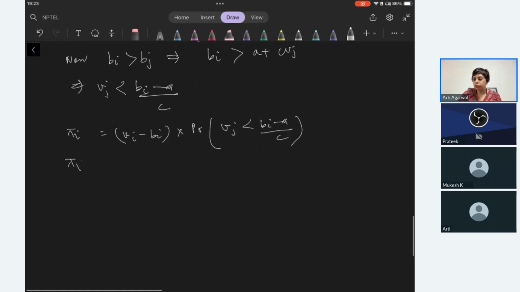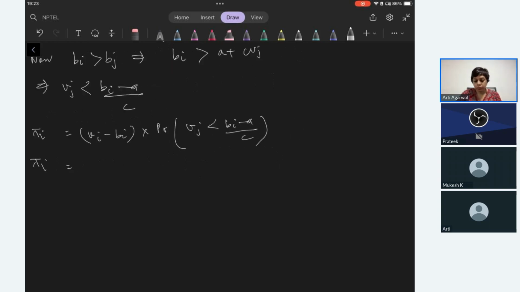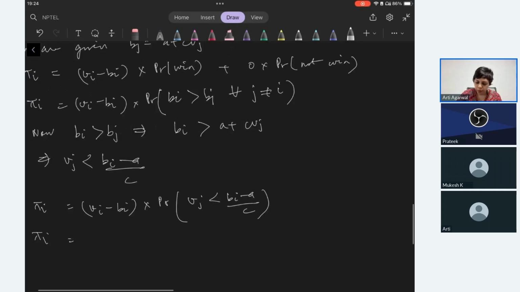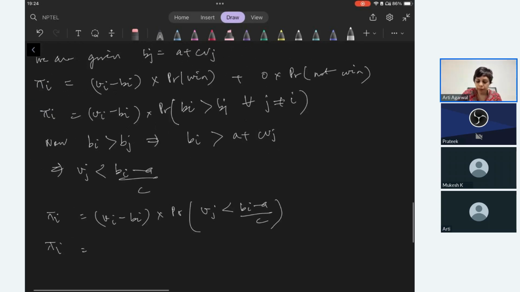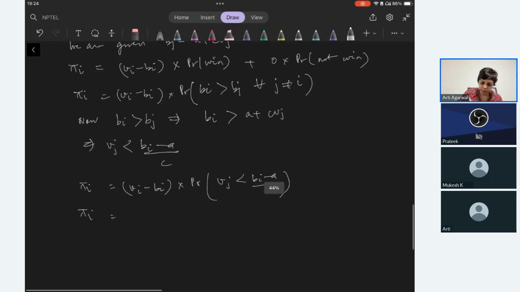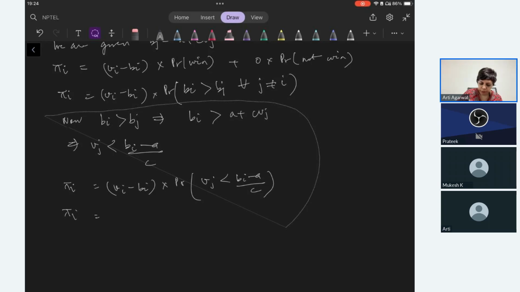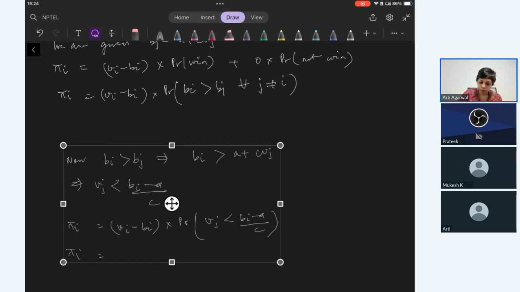Now, sorry, I think I missed something important here. So yeah, this part is fine. Bi is greater than Bj for all j not equal to i. Let me expand this a little bit. One step which I just explained, but which I didn't write. Let me move this down. Okay, so this,